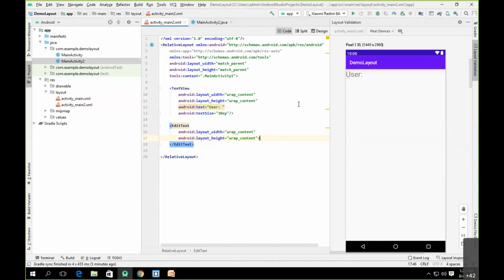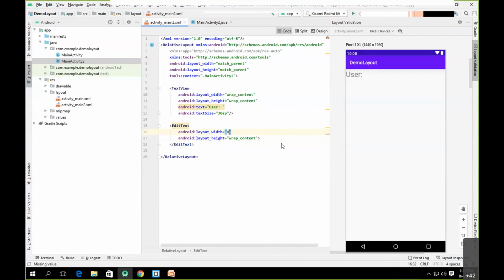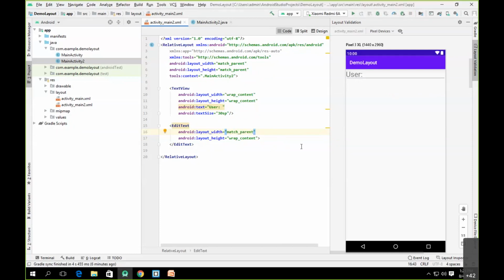Now as you can see, below there is one edit text available. Since I have given wrap content as the attribute, its width is displayed in such a way. So I can say its width will be match parent. As soon as I make the width match parent, you can see it will occupy the entire width.